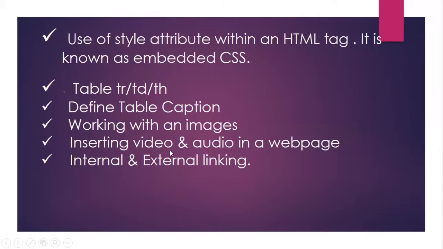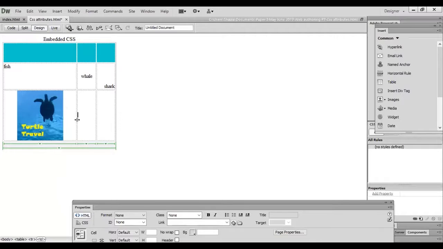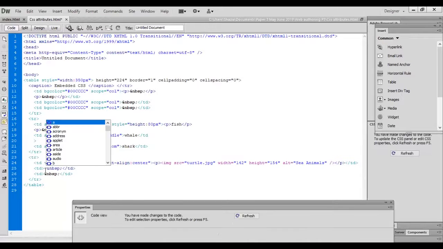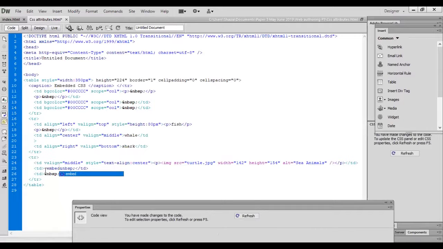So I'm going to insert video and audio in a web page. Just go and select your same page here. Here I want to insert embed. This is another tag used to insert media.